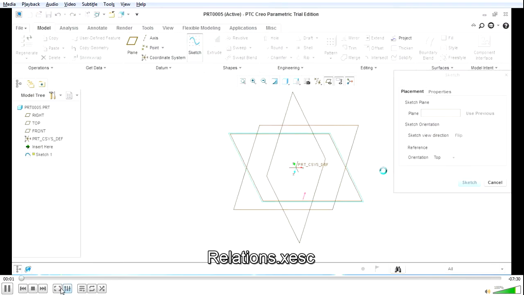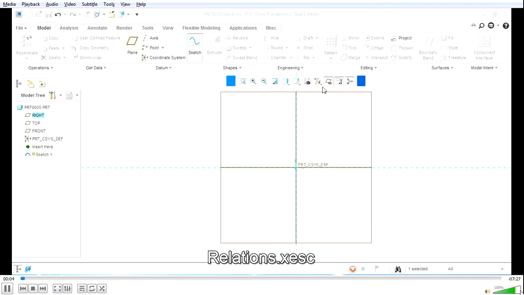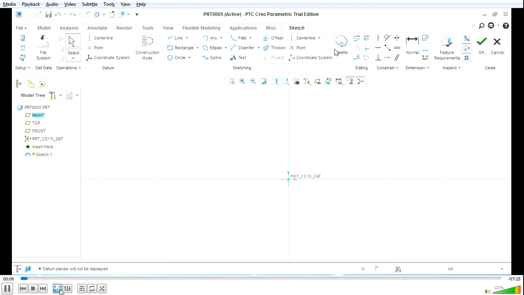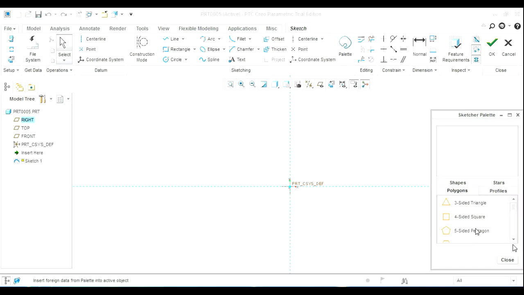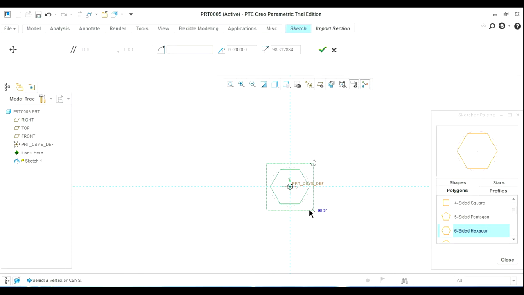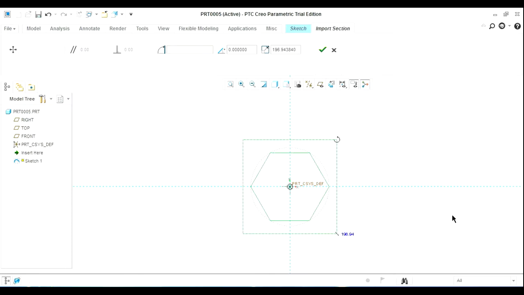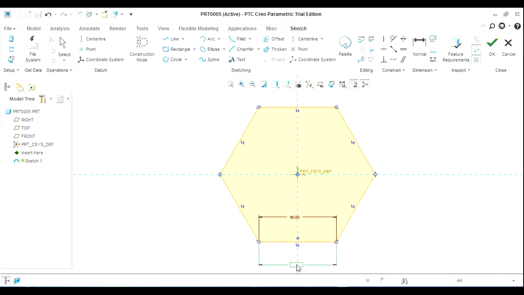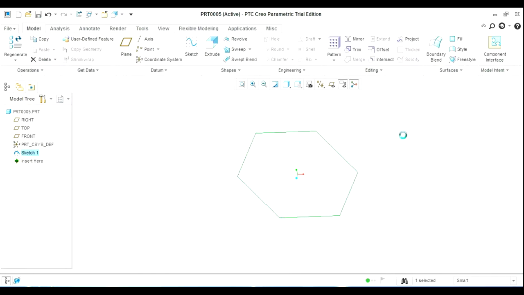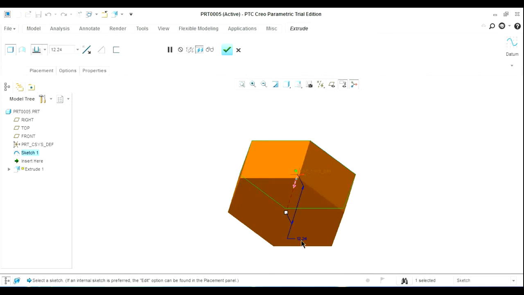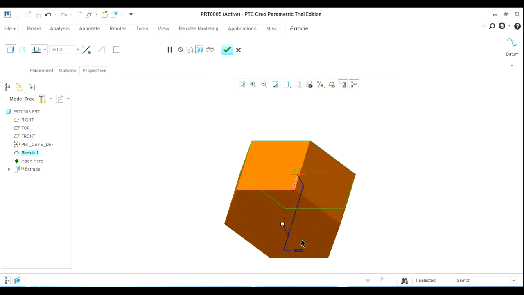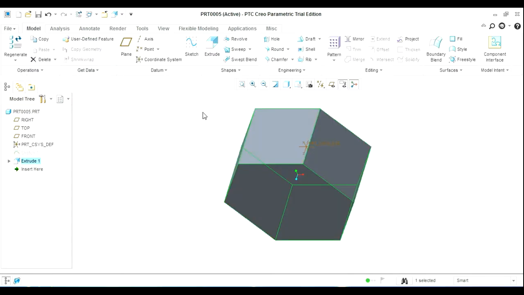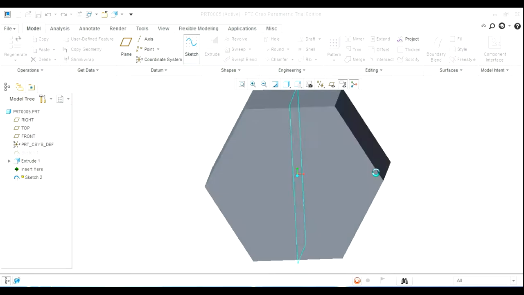Our first job before employing relations is to create a solid model of the bolt. As seen from the drawing, the first feature is a hexagonal head of 16 units side and 16 units length. So we have created the sketch of a hexagon which is 16 units in side. This is denoted as capital S in our drawing. Now extrude this by a length of 16 units. This is denoted by capital T in our drawing, which is the length of the head.